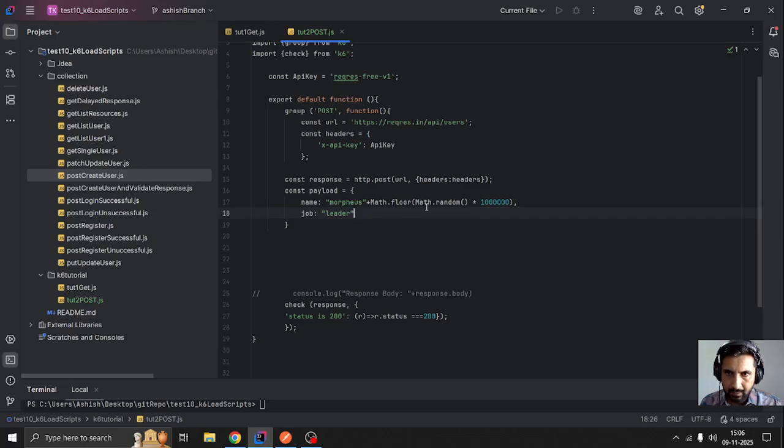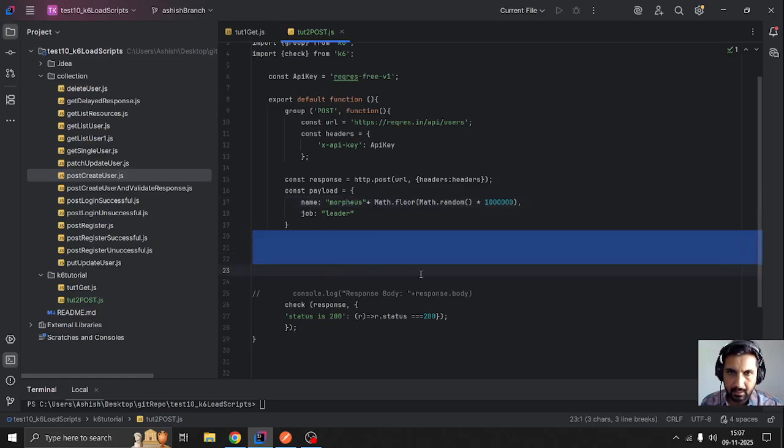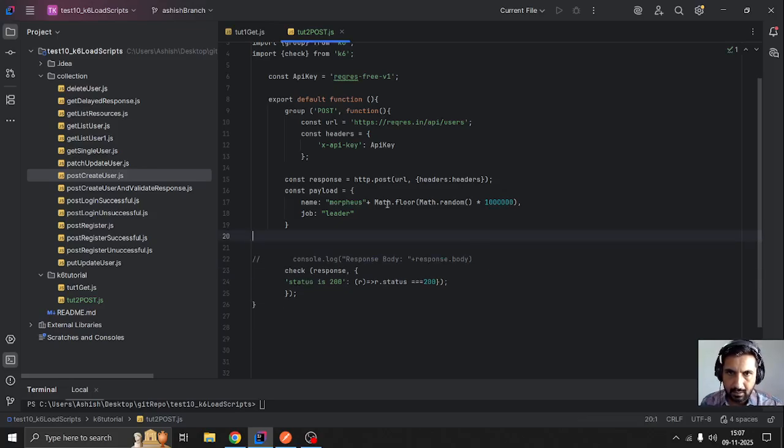That's it. So while doing load testing, we should take care of the records that we are creating. Otherwise, if your application is not allowing similar entries, then in that case your payload will get rejected by 4xx errors, right? So that's how you can define the payload. Next is